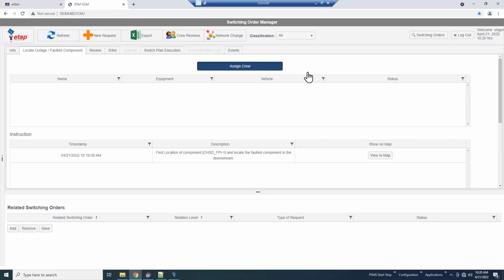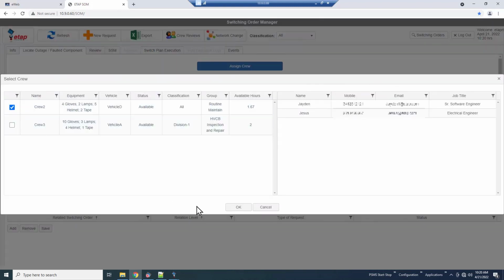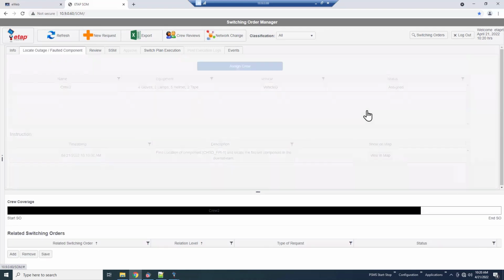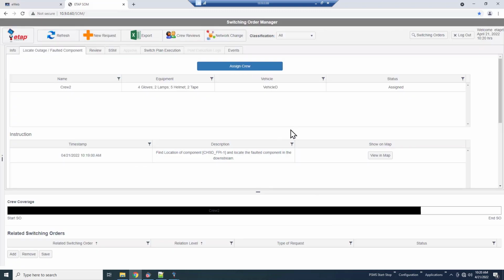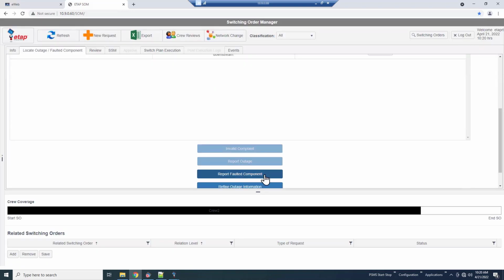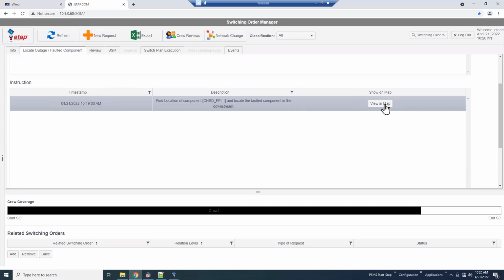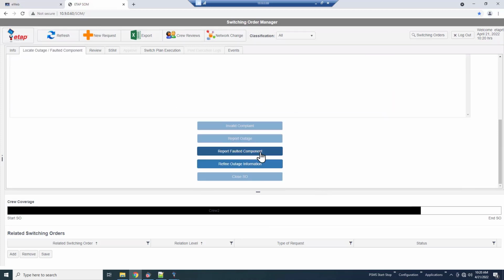So here I can assign a crew. I'm going to assign a crew right now. And one key thing when I assign the crew is you can see how much time is available left for that crew. So that can be very helpful. But then you can go and look at a map of where the fault is located, or report the faulted component. So now, let's say you've been dispatched, you've gone and looked for the faulted component, you found it based on the prediction zone